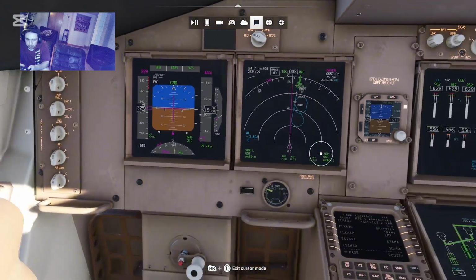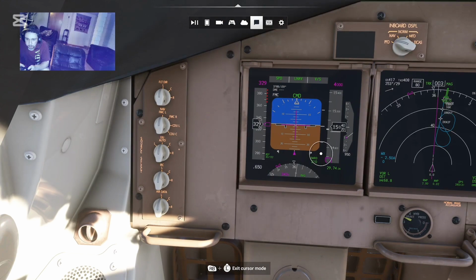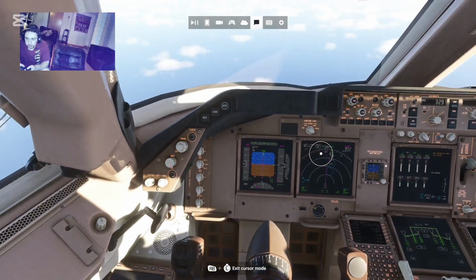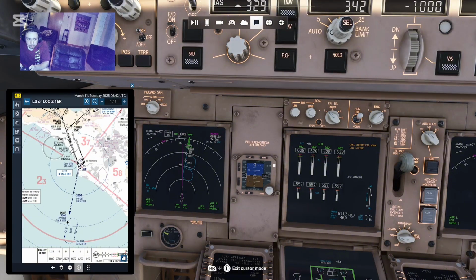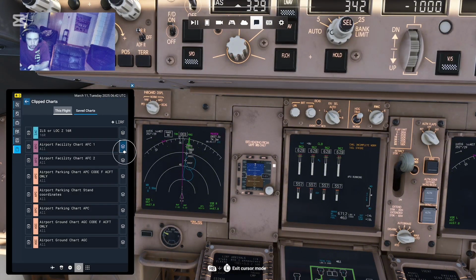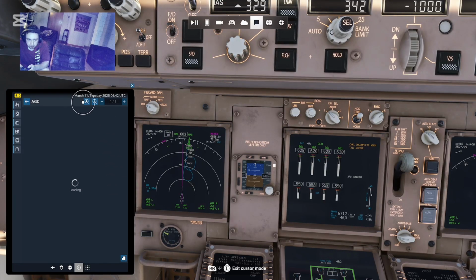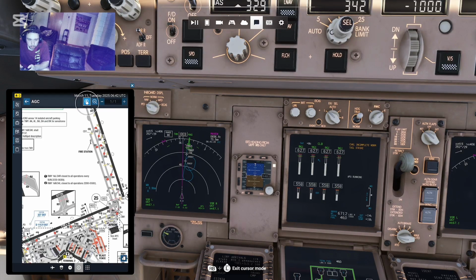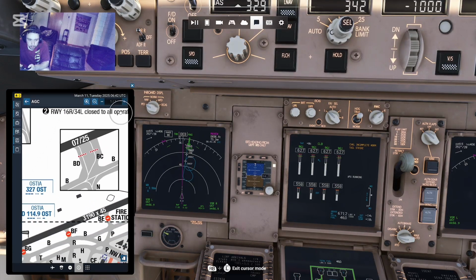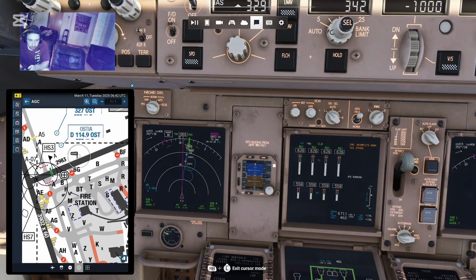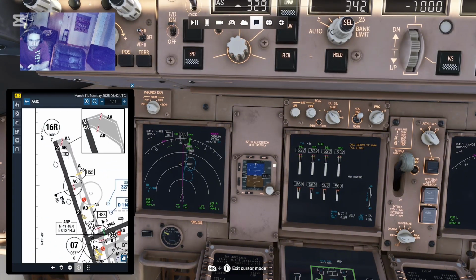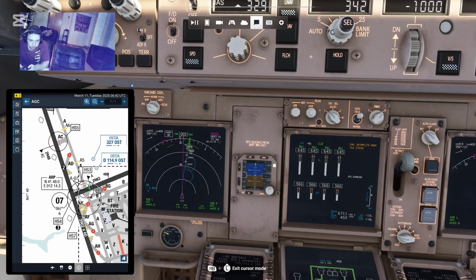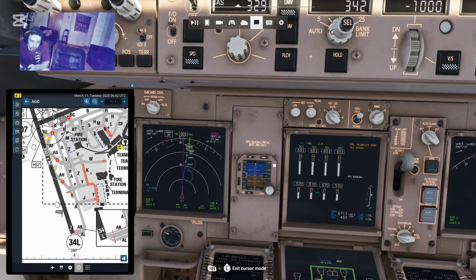Alright, so out of 15,000, still monitoring the speed here. We're just going to give it a big slowdown. While we're here, let's brief the arrival. So we are landing 16 right. Let's go look at the airport ground chart. And we are a cargo plane, so we want to look for the cargo apron here. Runway 16. You know, technically it doesn't have to be a cargo section in Rome. You never know, but I am flying a cargo plane, so